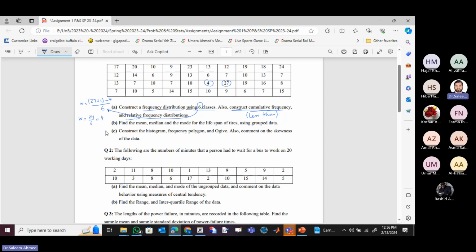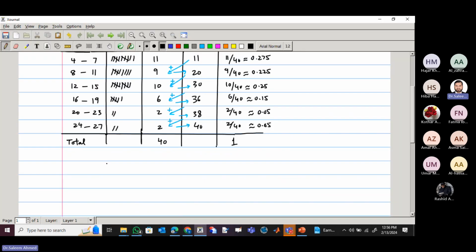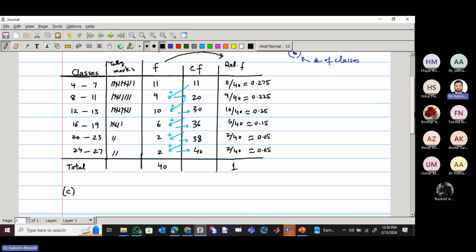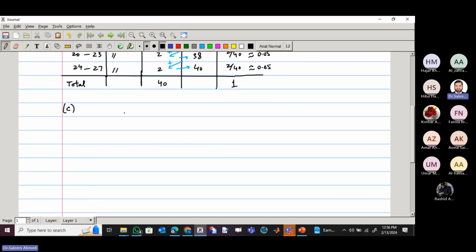In the same lecture 2, we had histogram, frequency polygon, ogive, okay, and skewness, everything. Skewness comes after the mean. So this was lecture 3. B part is lecture 3. So if I do the C part first, right, histogram and everything, so then it is